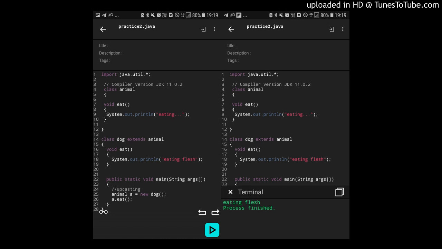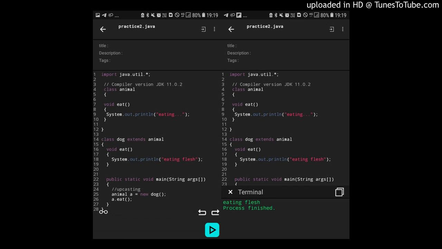Now within animal, suppose we have a function void eat, and it prints out eating. And within the dog class we have a method void eat again, but within it is written eating flesh.